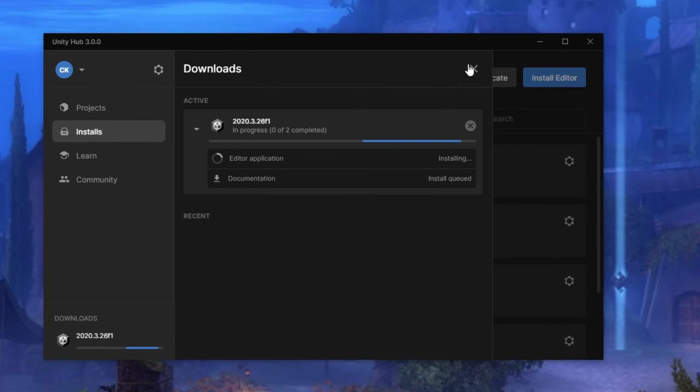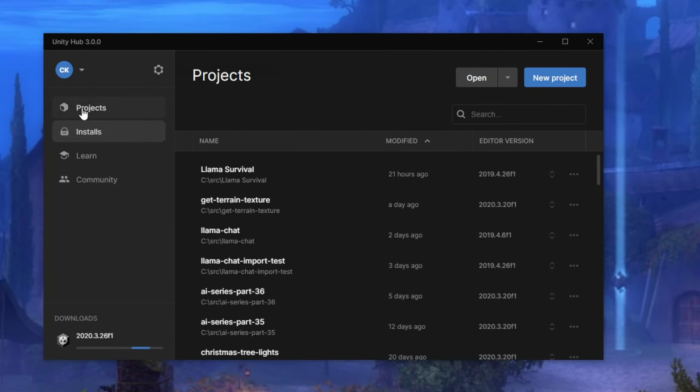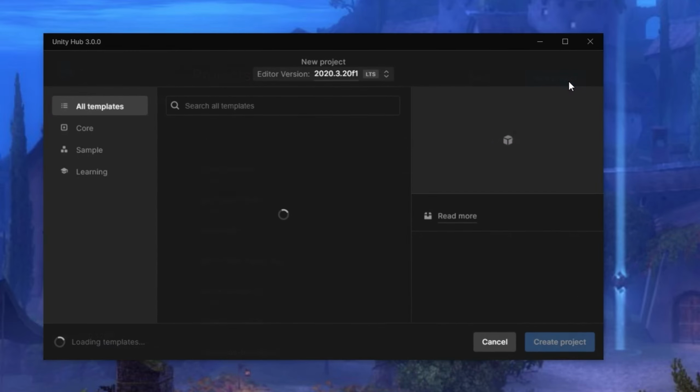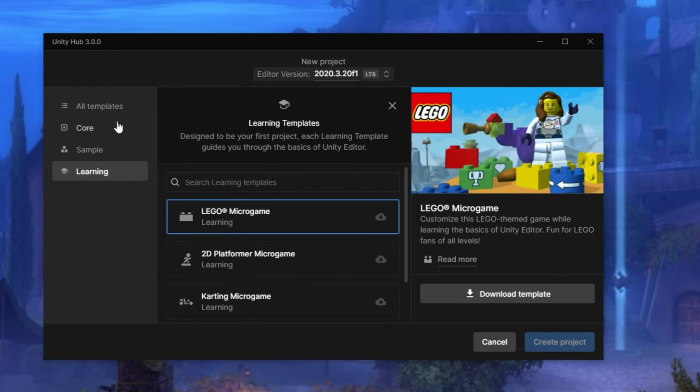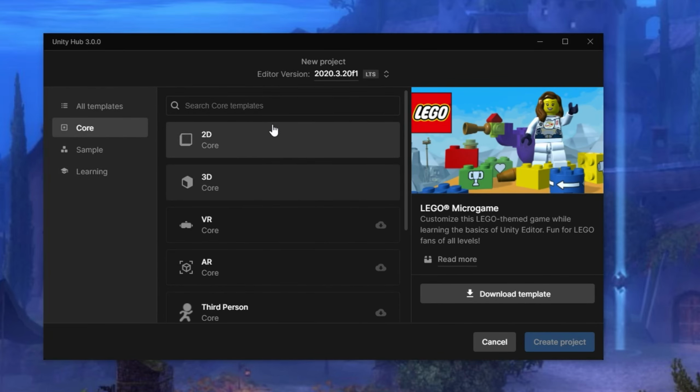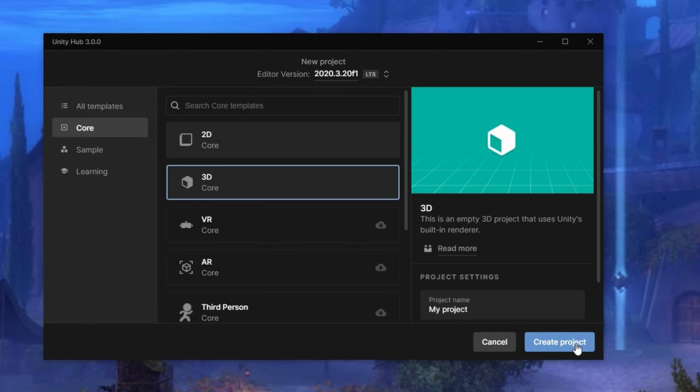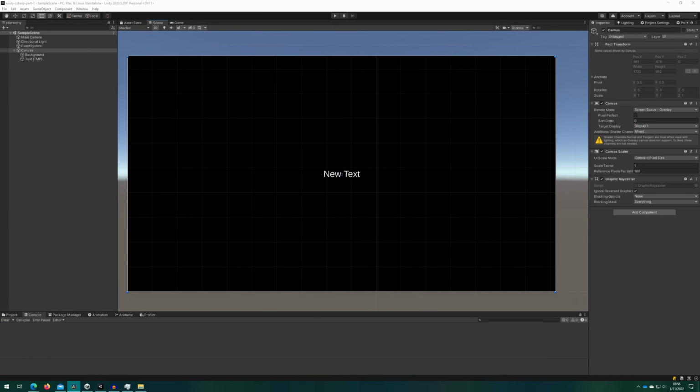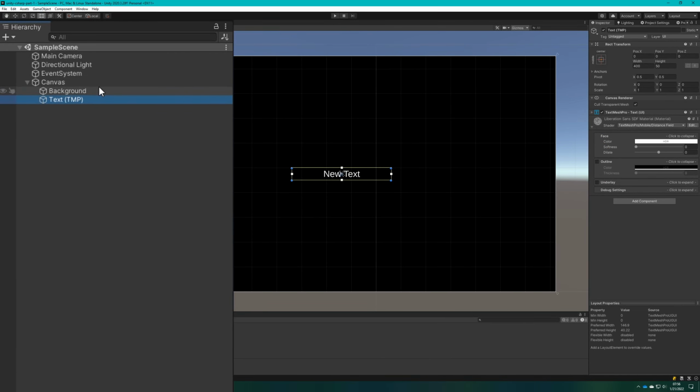I'll then quickly create a new project based on the 3D template. For the scope of this tutorial, which one you choose doesn't really matter. You can even use an existing project that you already have. In our scene, I have a TextMeshProUGUI component on a canvas, a background image that is the entire size of